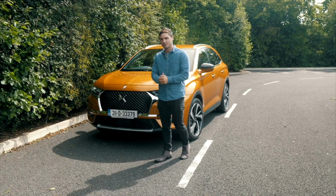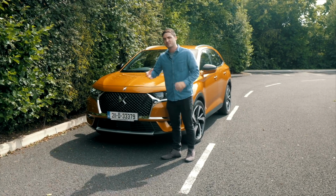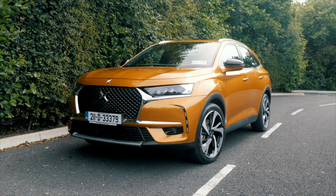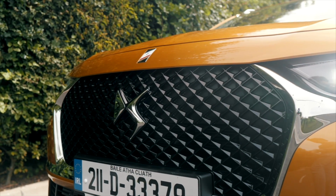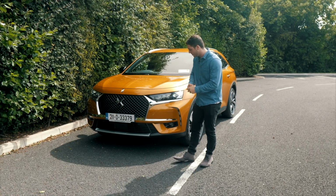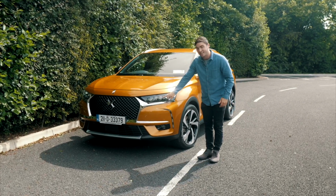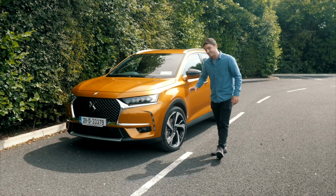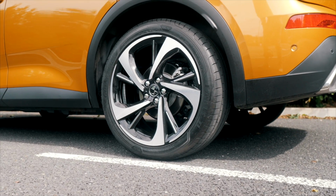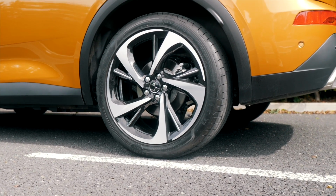Quickly, let's touch on the styling. So the front grille is what really captures your eye here at the front. It looks very nice. And I really like this new E-Tense logo on the front. We'll talk about E-Tense and what it is in a moment. Other features in the front, the headlights are really nice, and when you turn it on, they do a lovely dance. Then you've got these big diamond cut Tokyo wheels here on the side,